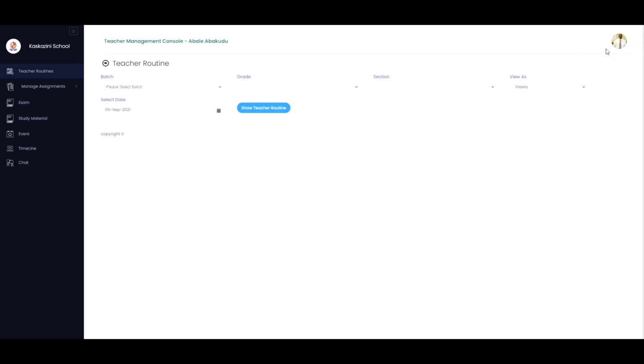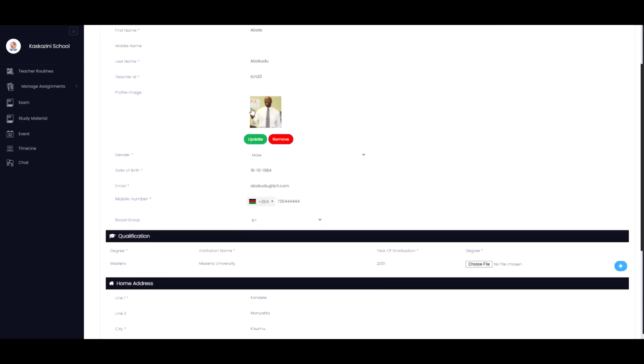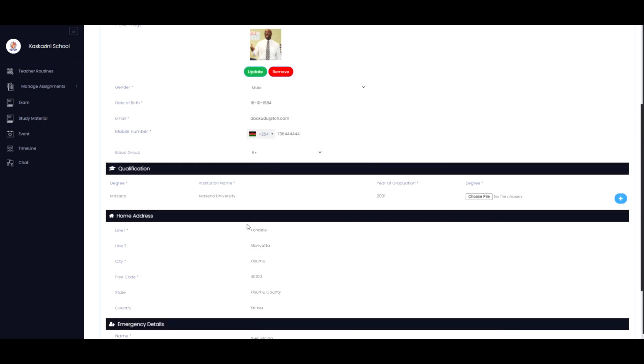Now, if you want to access your profile after logging in, you simply click or tap on your profile picture. After doing so, you shall see a dialog box coming out, giving you 2 options: edit the profile or log out. When you click or tap on edit profile, you shall see the profile of the teacher. The first name, the middle name, the last name, the teacher ID. We have the teacher profile picture. We have the gender, date of birth, and a lot of other